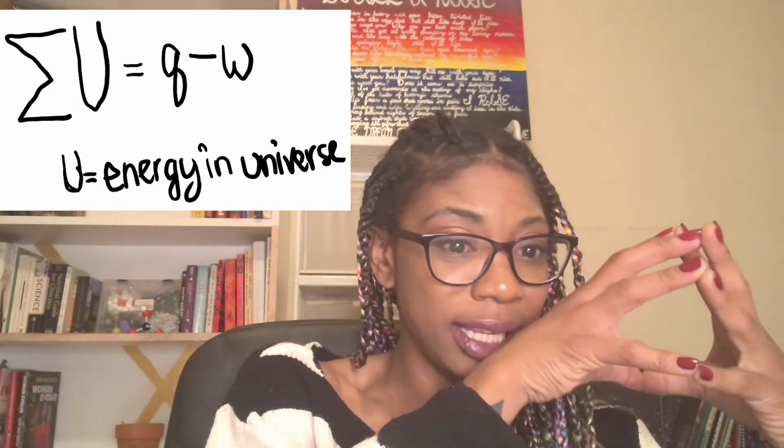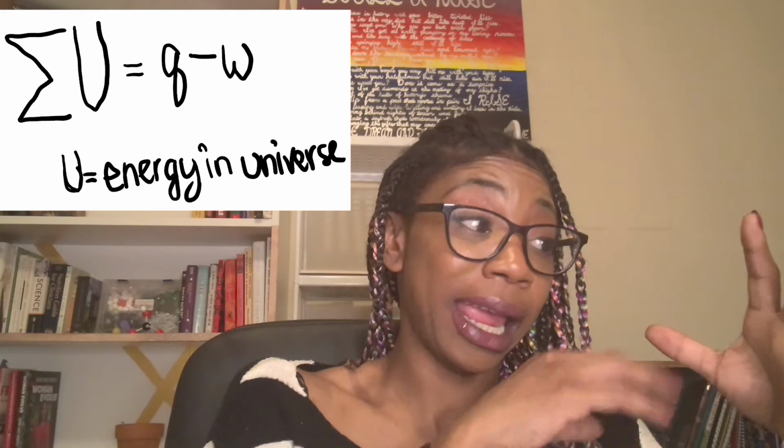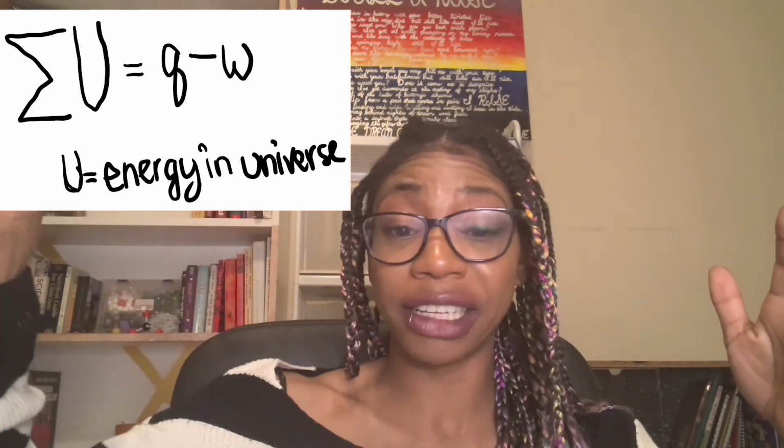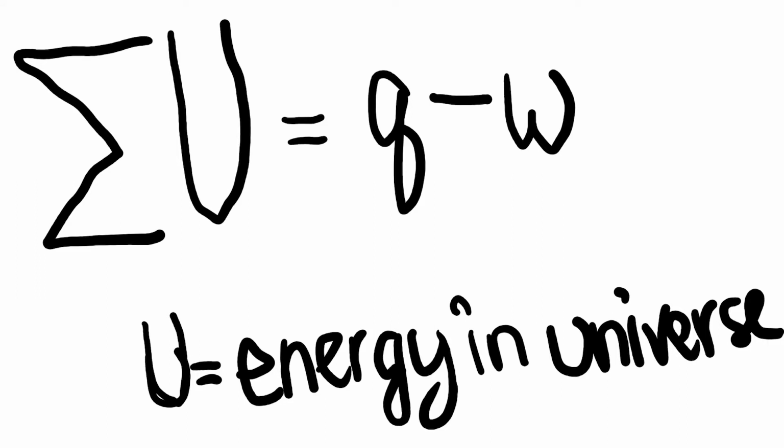However, they also recognize that sometimes networking is necessary in order to make the business run. So they acknowledge and arrange that there's going to be times where work is taking its energy away from the business and giving it to some type of networking event or something else. When the amount of work that's being taken from one system and transferred to another system is a removal of energy, the sum of the energy that's still left in the system, or still left in the business, is the amount of energy that heat is putting in minus however much energy work is having to divert to networking or other things. Or if you're comparing two systems, the energy in one system is equal to the heat in the system minus the work that that system is doing on another system.